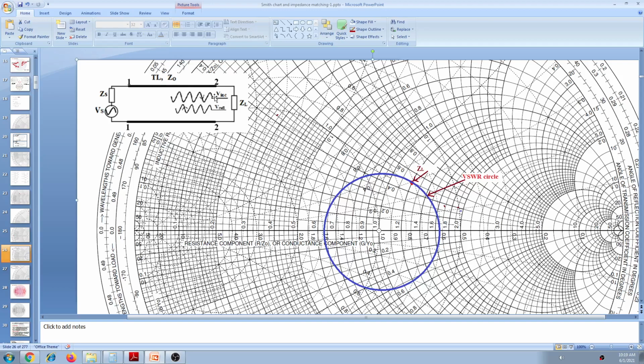Even though the incident wave is moving towards the load and the reflected wave is moving towards the source, the addition of these two looks like a standstill on the transmission line. That means the peak positions and null positions remain at the same position over the transmission line. The resultant wave...